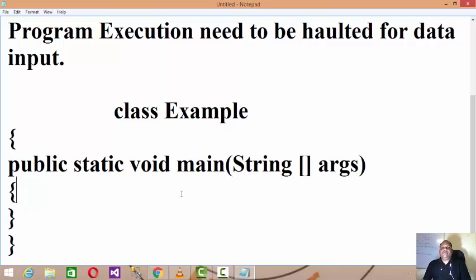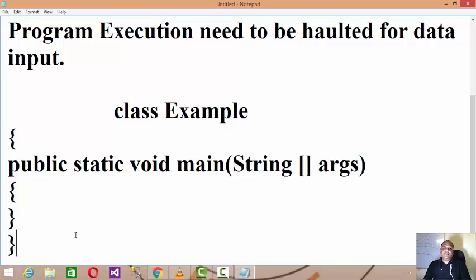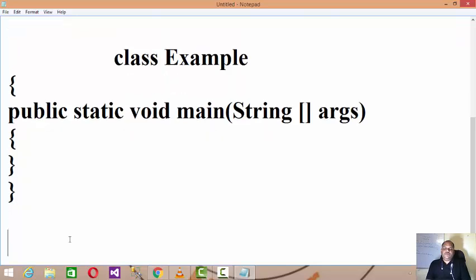As we know, whenever we write a Java program, the program execution starts from main, right? And as I said, main is always parameterized. This means we can input data at the time of execution. For example, if this is the code, how do you compile it?